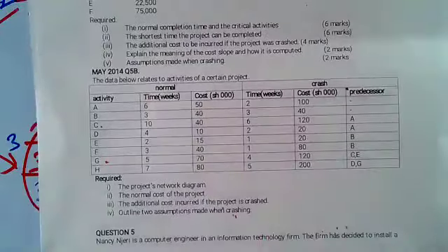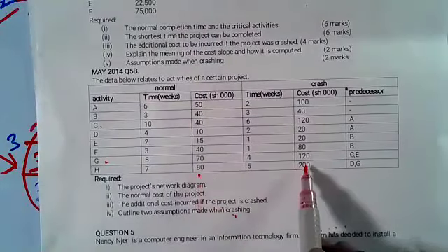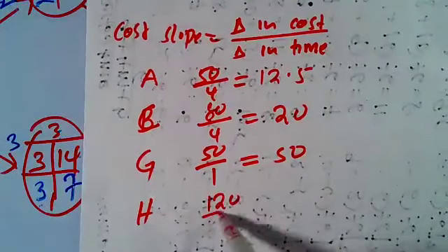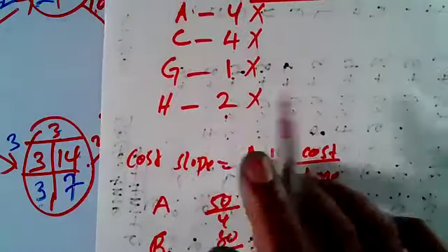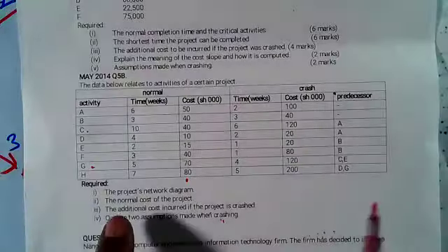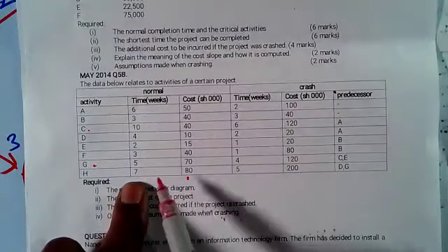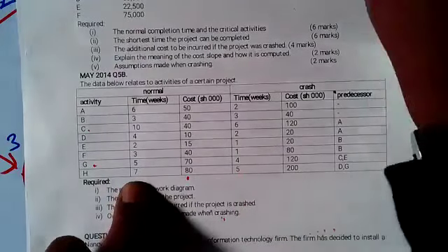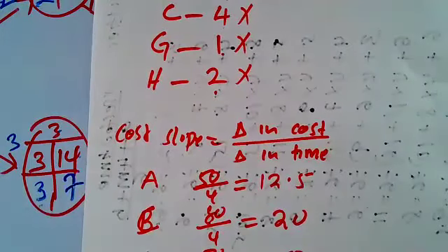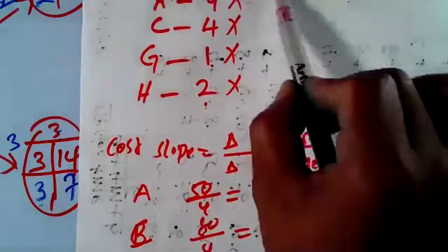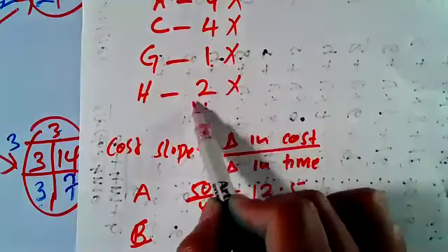H, change in cost, 80 and 200. So that one becomes 120. You divide by change in time, which is 2. This is what I mean: the normal time was 7, the crash time was 5. It has changed by 2. So you divide by 2. So this is 60. So to get the additional cost, you take the time saved, you multiply by the